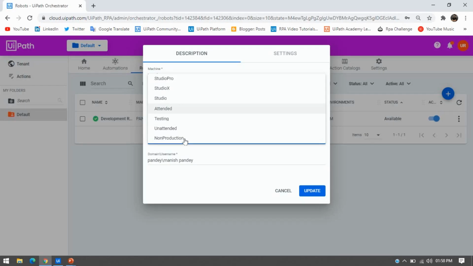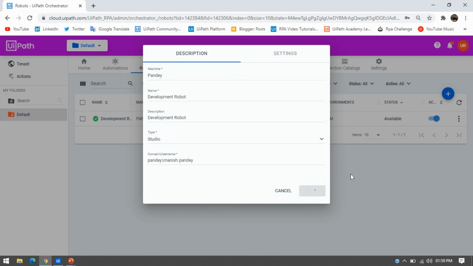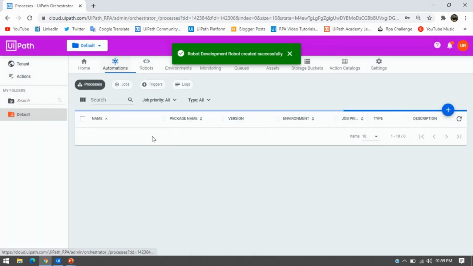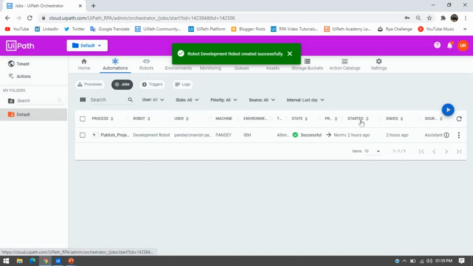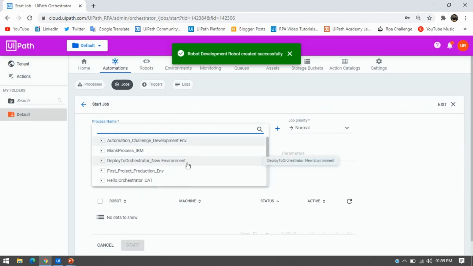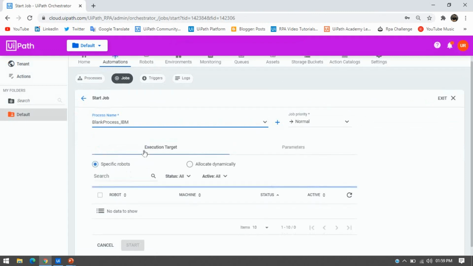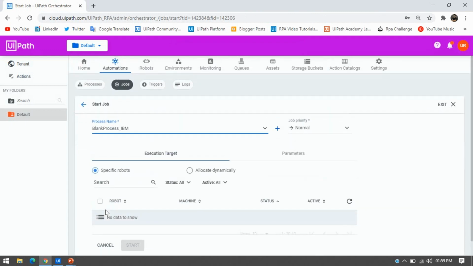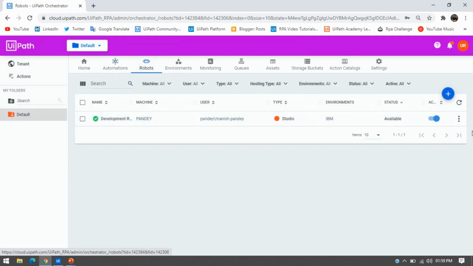Now you can see, as I told you about Studio X and Studio Pro, if you have that, this is just used to connect to your Studio. If you click here, go to Automation, click on Jobs, click on this, and try to select any process where you are going to run that, you can see you are not getting that robot, because it is just used to connect your Studio with the Orchestrator.